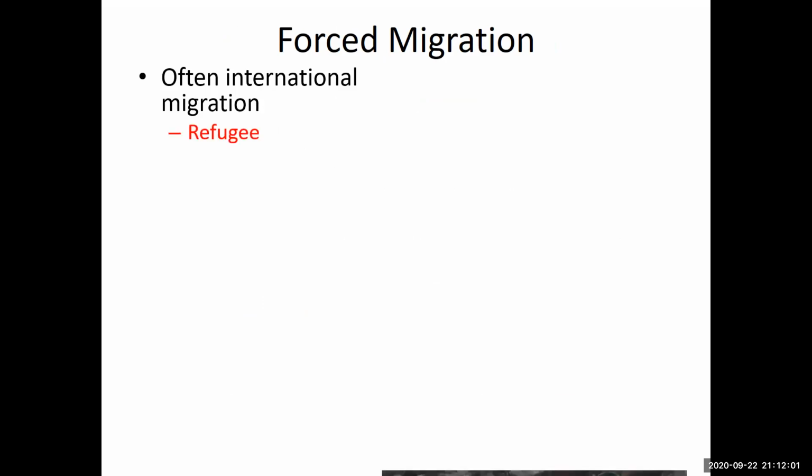The stuff about forced migration, I'll probably get into, and then I'll talk about voluntary migration the next class. So we'll end it here on this slide about forced migration. Forced migration is often international migration. You do find people who are going to migrate domestically within the country's borders. Those people are called internally displaced migrants, but quite often the people who are forced to migrate are moving internationally. They are usually called refugees.